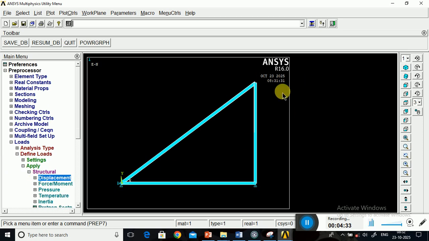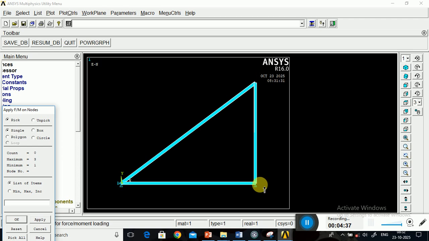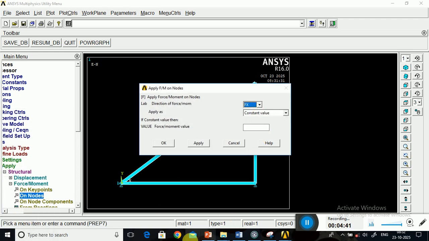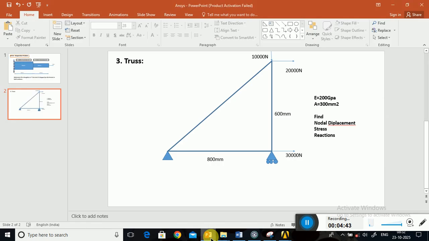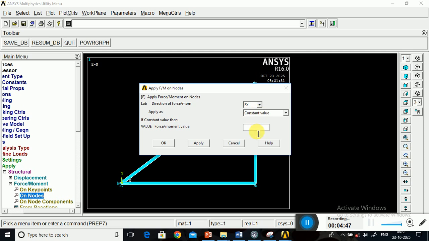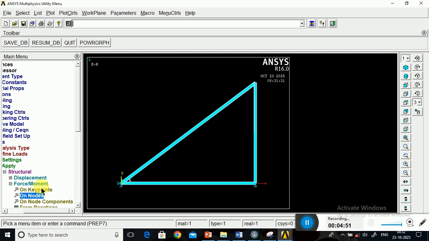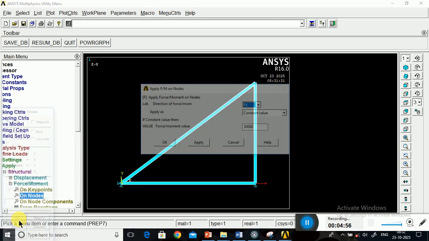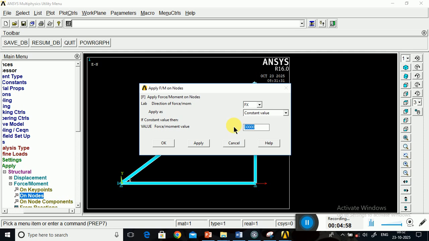Now we have to apply the load. Go to Force on Nodes. At the second node there is a load in the x direction, so FX, you can see the diagram. It is 30,000 Newton or 30 kilonewton, so it is 30,000, okay. On node 3, we have an x direction load which is 20,000, okay.